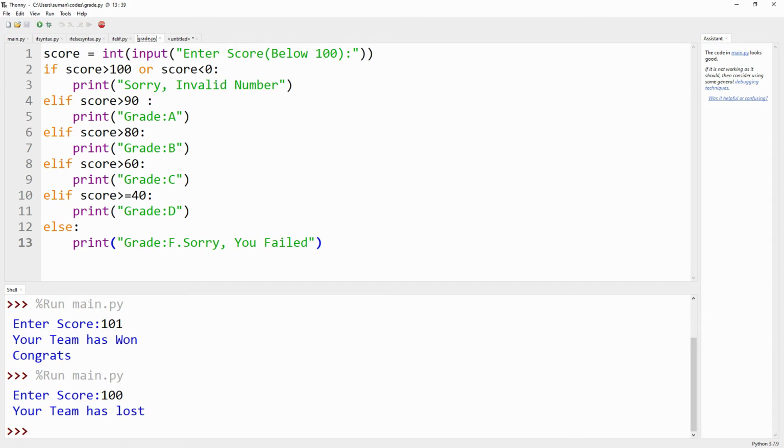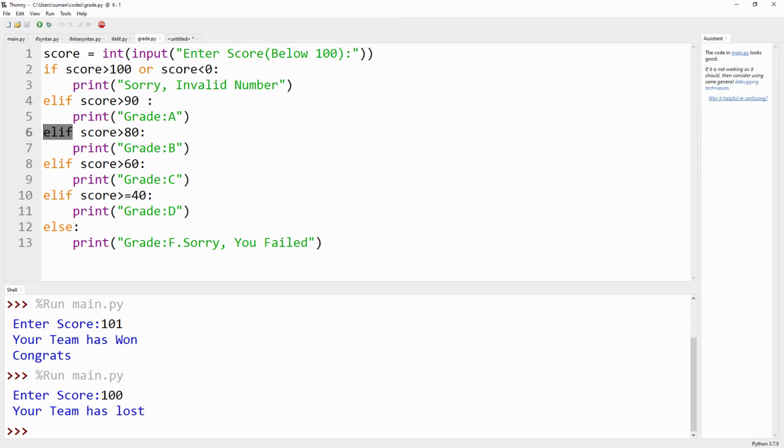What is happening here? When the score is greater than 90, the grade should be A. If the score is greater than 90, that is the output, grade A. But if it is false, that means less than 90, it proceeds to the elif, that means the next test condition.